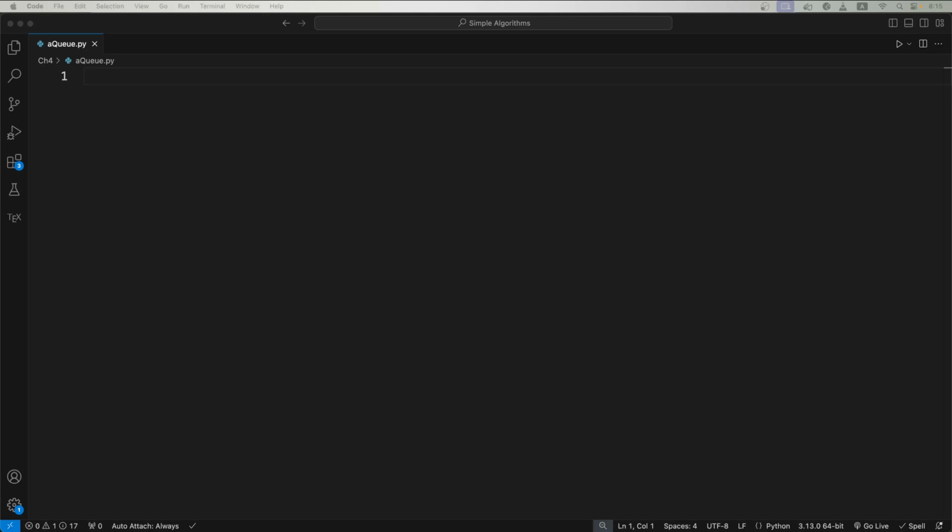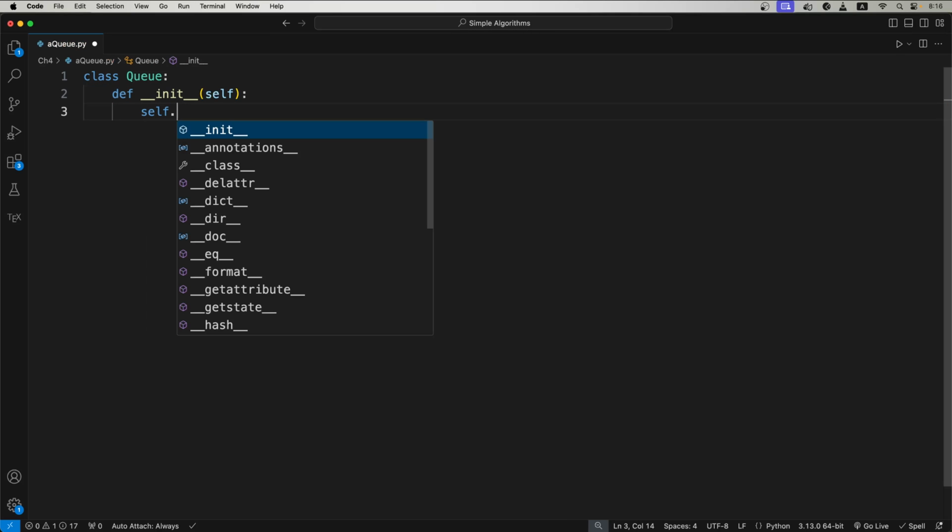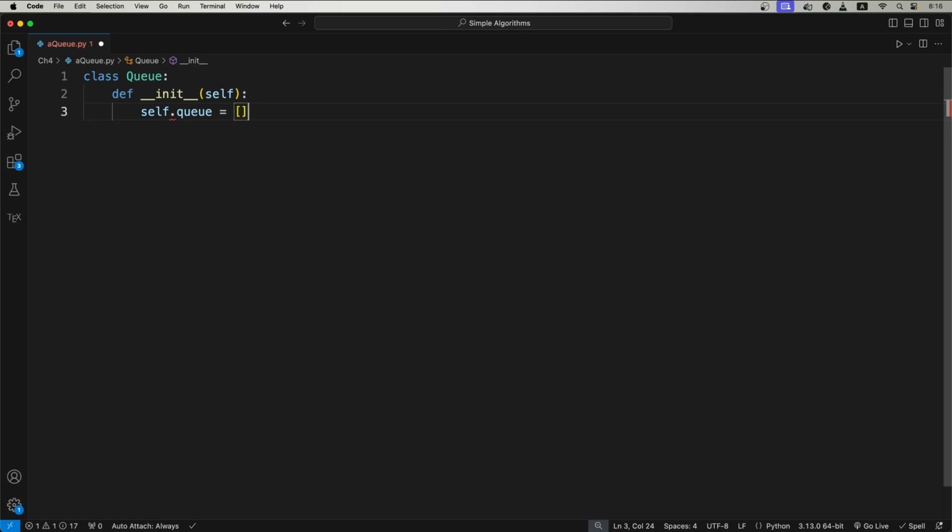In this video, we're going to take a look at how we can implement a queue using an array. Now, this is going to follow a pretty similar setup to the stack in the sense that all of our data is just going to be stored inside of an array. So when we initialize, we're just going to do self.queue equals an empty array, or in Python, an empty list. And then we just want to implement each of our different operations using different built-in operations of our list in